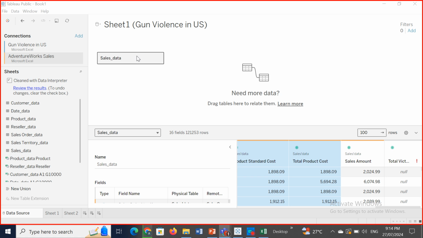Okay. Now that is when I drag and drop there. So at the top of this is a database. Now it's telling me this is a data source. This particular sheet one is gun violence in US. That's my current data source here. I can have a new data source. You can see this particular